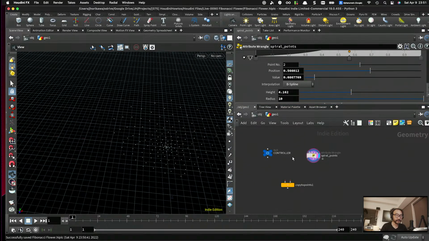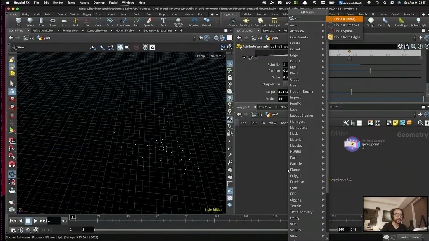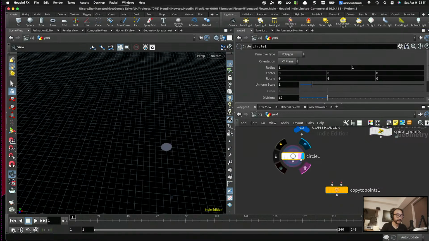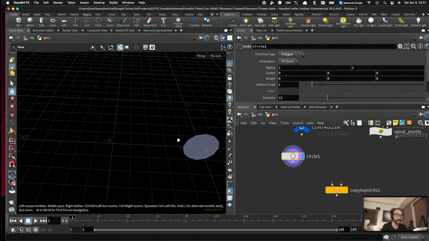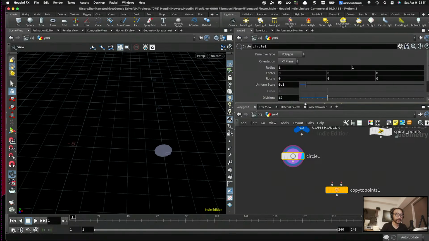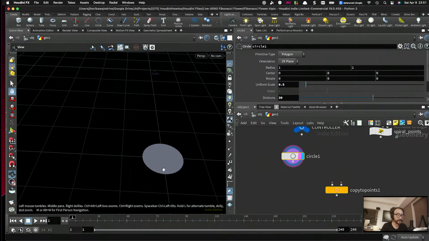Okay, so what I'm gonna do is to try to create a fake petal shape using a circle for testing. Let's see. So I'm preparing the petal shape. Radius is equal to 1, or maybe radius is equal to 0.5, so the diameter will be equal to 1. Raise up the divisions a little bit, and also place this on the XZ plane like this. And let's also move this whole circle